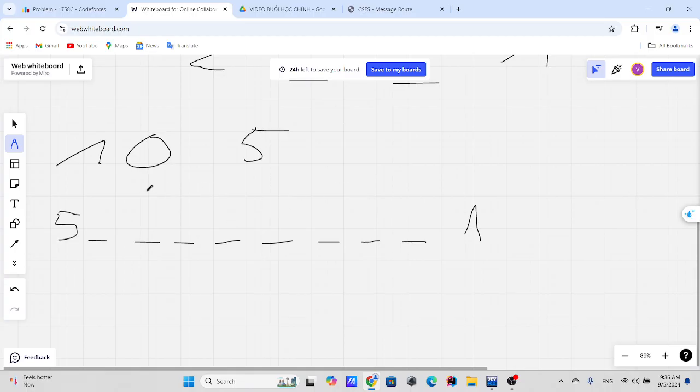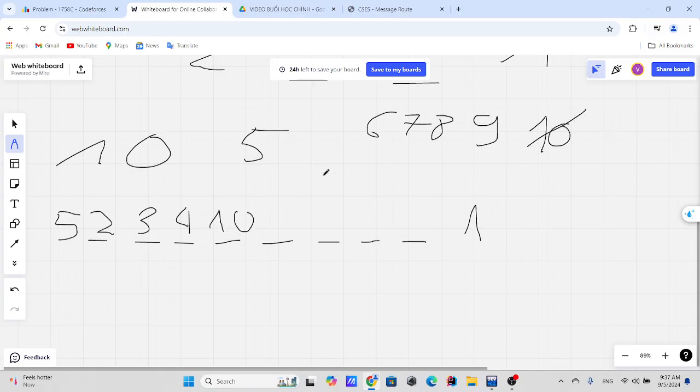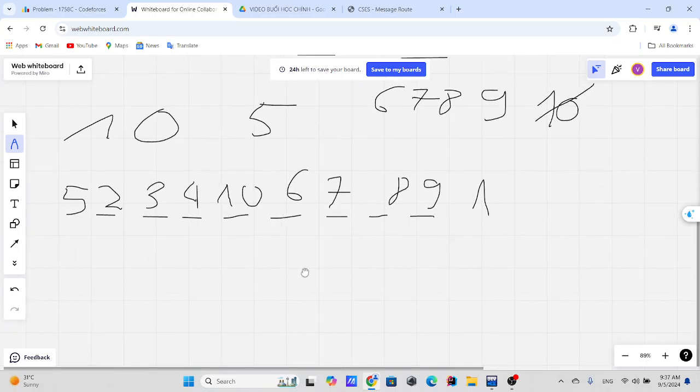Lexicographically, yeah, this should be 2, right? 2. 3 should be 3. 4 should be 4. We don't have a 5, right? So 6, 7, 8, 9, 10 left. How could we arrange this one? 10 is divided by 5, right? 10 here. 6, 7, 8, 9. Okay. So maybe that's our